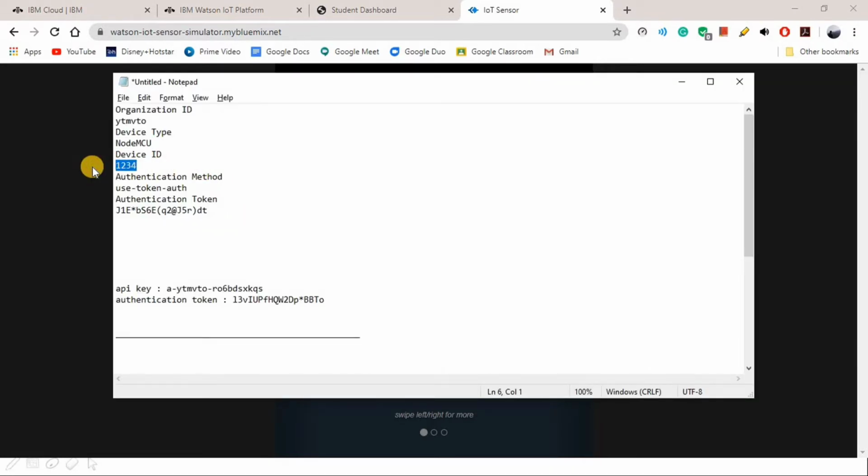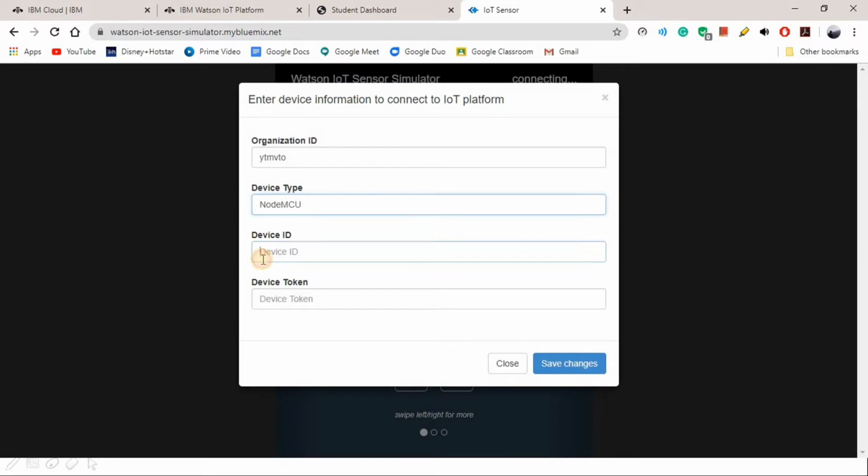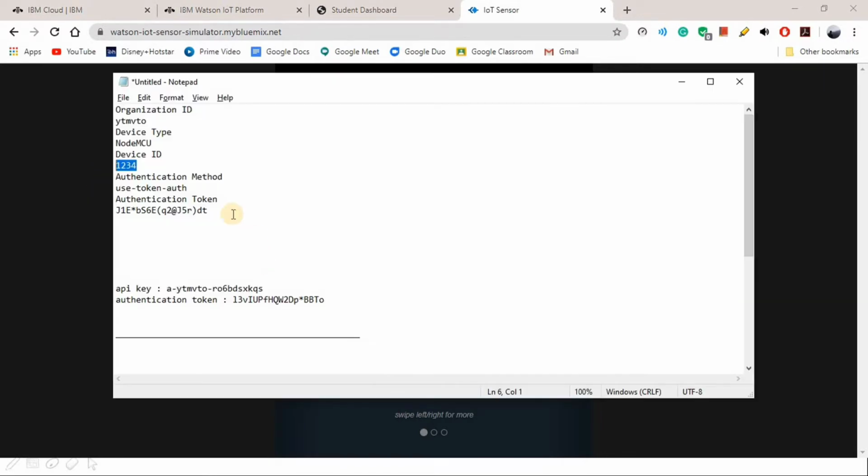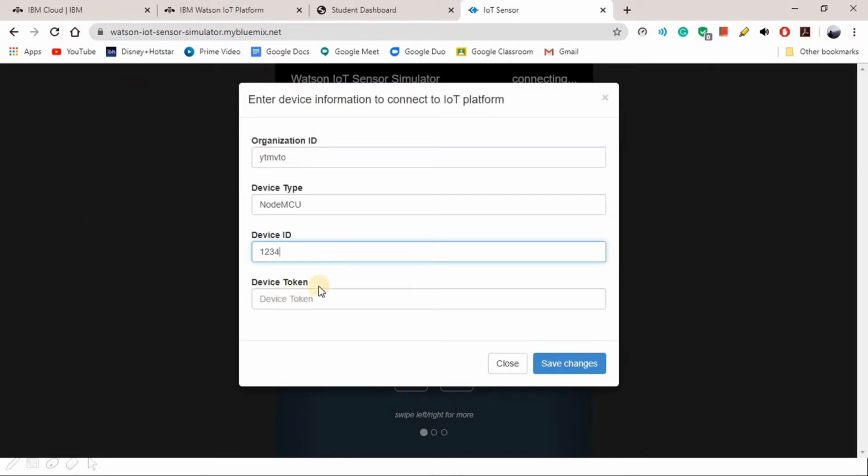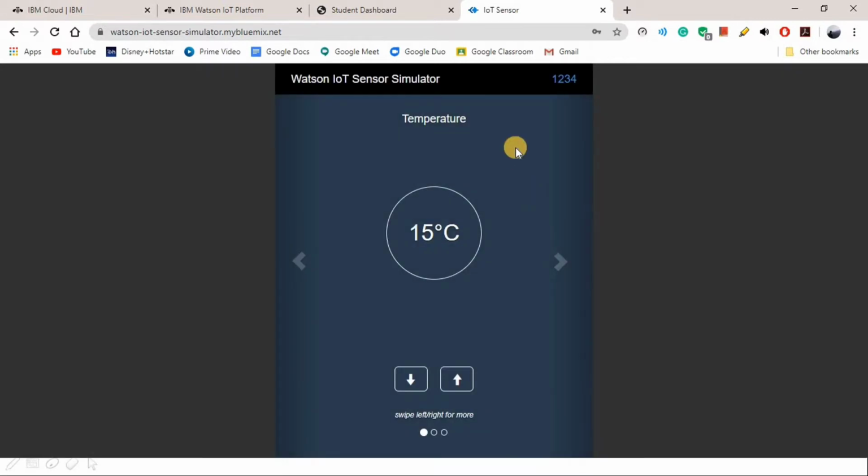Device ID was 1234. Copy and paste. Device token is similar to the authentication token. Let's copy and paste it here. Save changes. Yeah, now it's connected.